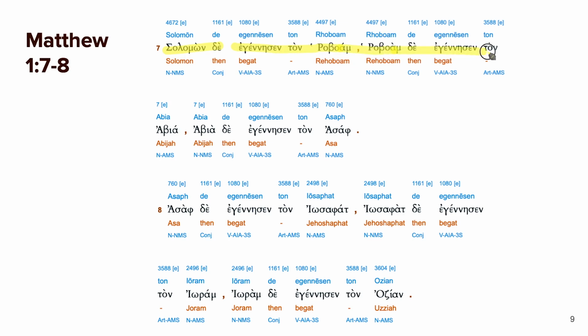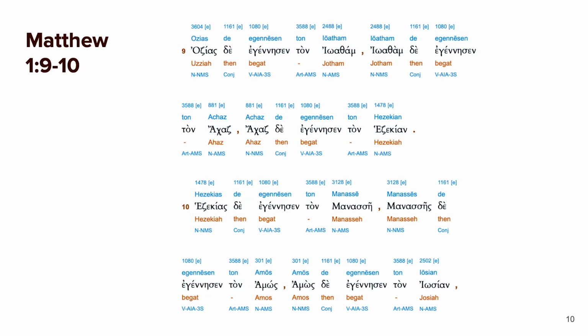Roboam de egenisen tan Abia. Abia de egenisen tan Asaph. Asaph de egenisen tan Josaphat. Josaphat de egenisen tan Joram. Joram de egenisen tan Ozian. Nice. All right, so going on to the next page, we have